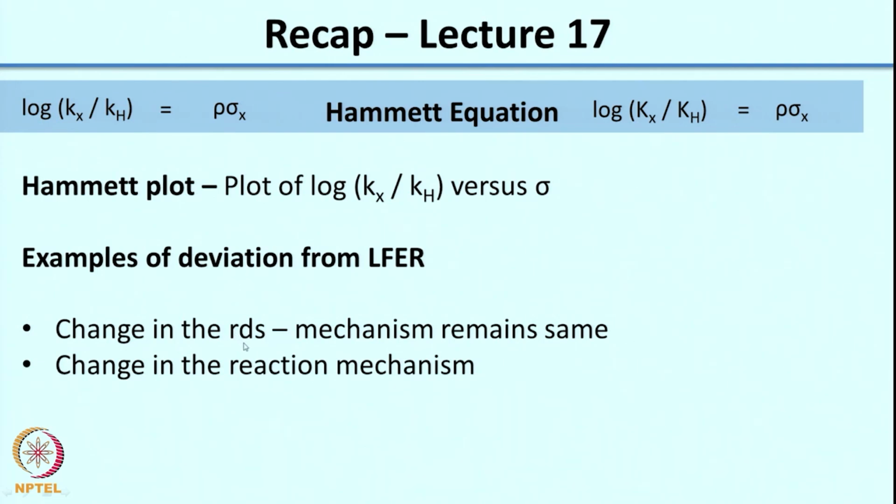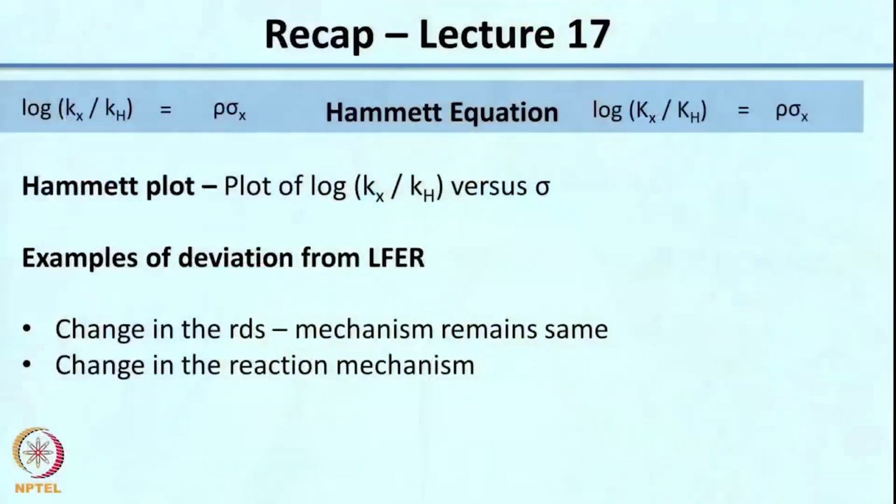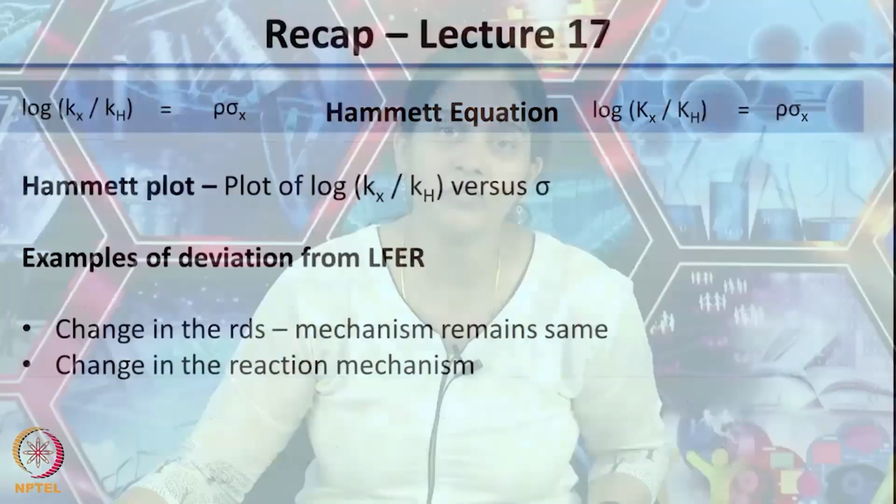What happens is when you have an electron releasing substituent, one particular step becomes the rate determining step, whereas when you switch it to an electron withdrawing substituent, it is another step which becomes slower. The other example we had seen is when the mechanism itself completely changes because of a change in the reaction mechanism. So, these were the two things that we saw, and now just to summarize whatever we have learned so far,